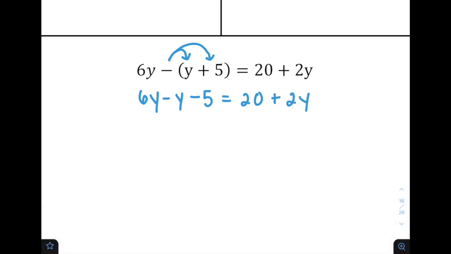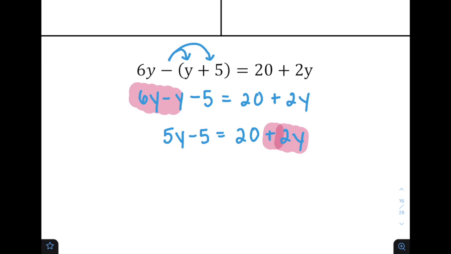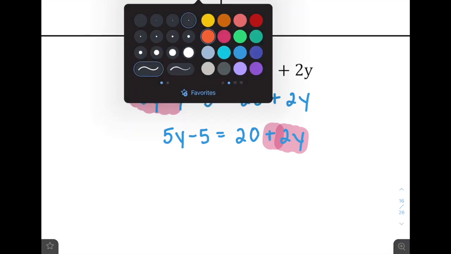So here on my left, I have to combine my like terms. On my right, there's nothing else that I have to combine because they're different terms. So I have 6y minus y. I get 5y minus 5 equals 20 plus 2y. So what I notice is that my lower coefficient is going to be positive 2. So I'm going to subtract 2y from both sides